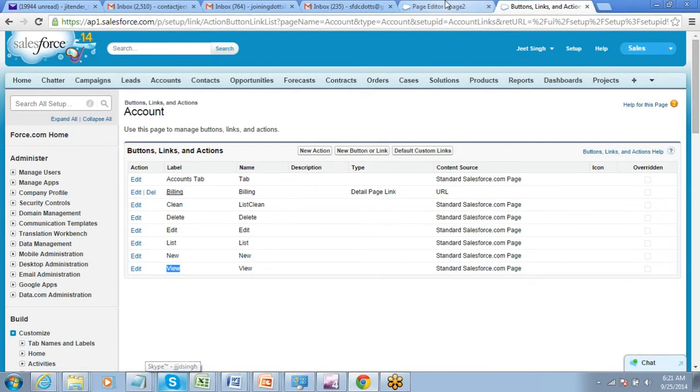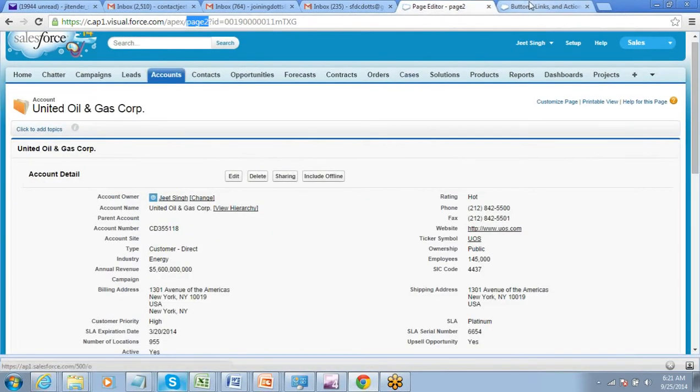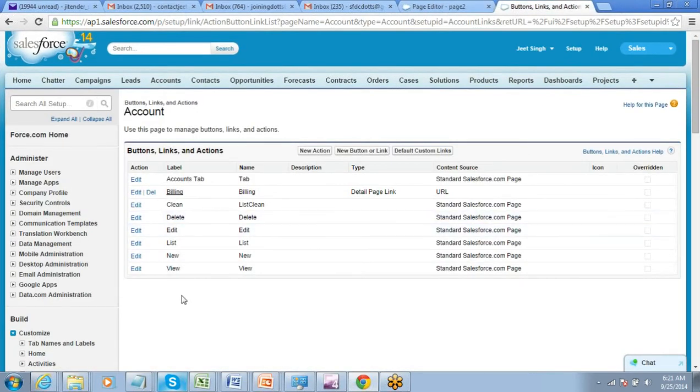This is the view page of the record, the detailed view page of the record. So you just have to go to view and click on edit. As of now, this view page uses the standard salesforce.com page. What is the source? The source is the standard salesforce.com page. I just have to change this to my page 2, the Visualforce page that I am using.